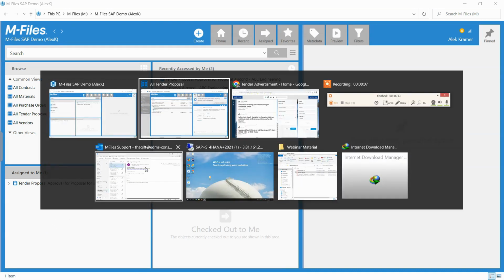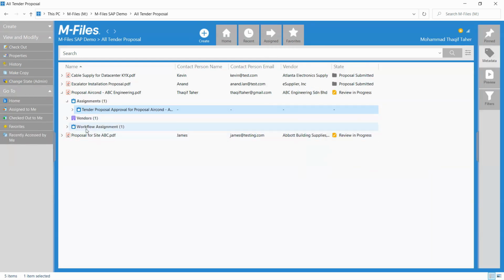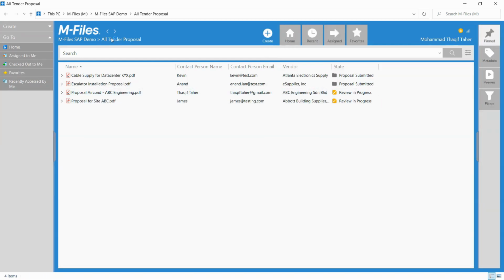Right, so if we go back into our previous screen just now, and if we just refresh this part, you can see that the workflow state will be changed to approved, which is this. All right, so this is something we can do in M-Files. All right, and assuming that everything is okay, now we will be moving into the next stage, which might be related to the procurement,